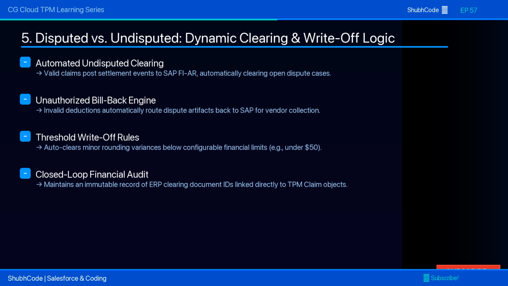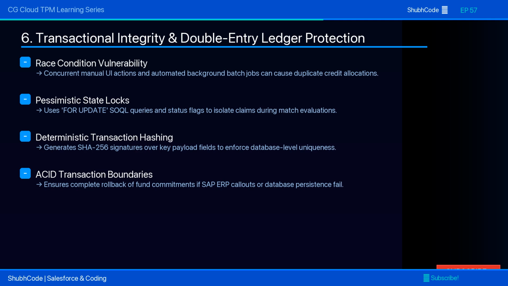For microvariances, say a $20 discrepancy caused by currency rounding, we implement an automated threshold write-off rule. If math.abs(claim amount - tactic balance) <= threshold limit, the engine automatically posts a micro write-off to a designated GL expense account. In trade financial architecture, double spending or double clearing a claim is an enterprise catastrophe that will fail